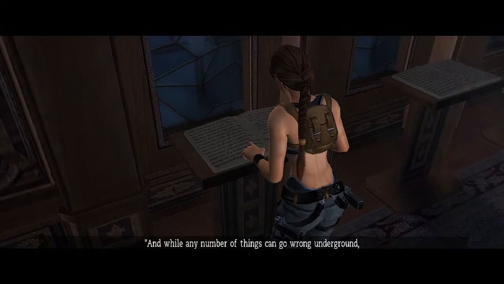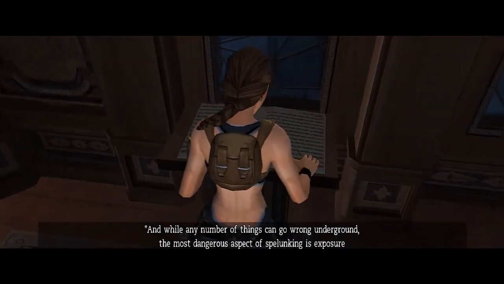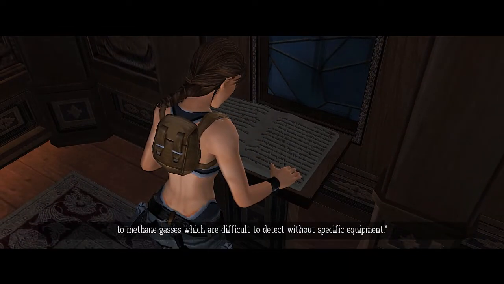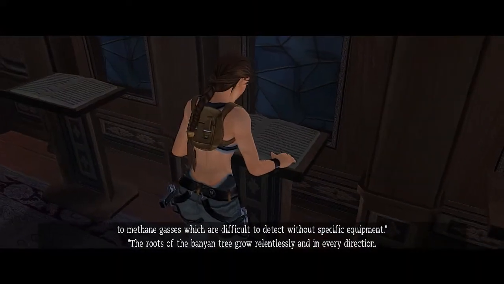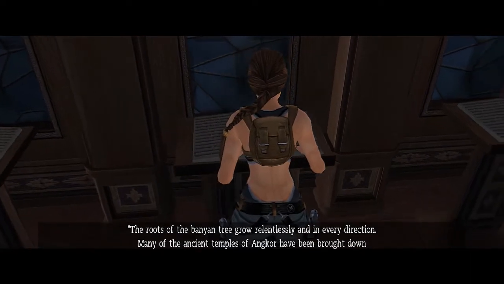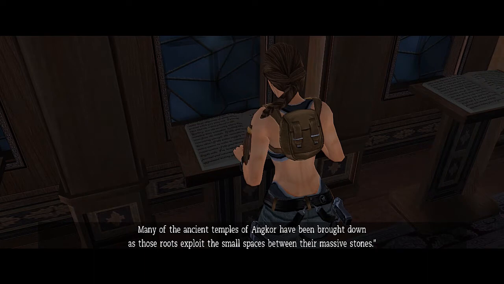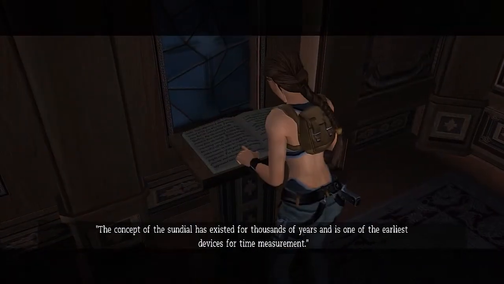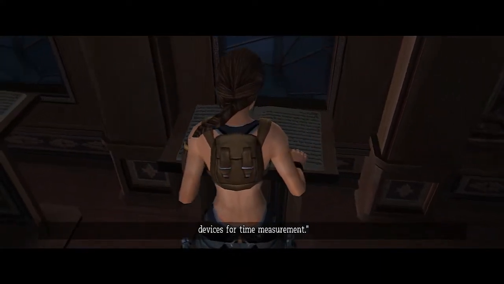And while any number of things can go wrong underground, the most dangerous aspect of spelunking is exposure to methane gases, which are difficult to detect without specific equipment. The roots of the banyan tree grow relentlessly and in every direction. Many of the ancient temples of Angkor have been brought down as those roots exploit the small spaces between their massive stones. The concept of the sundial has existed for thousands of years and is one of the earliest devices for time